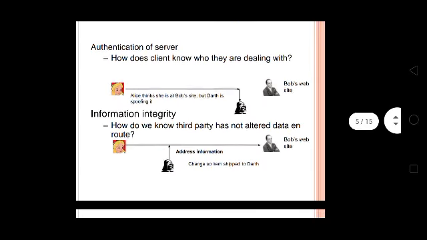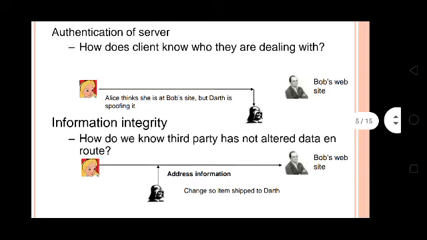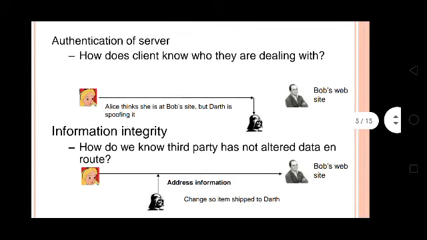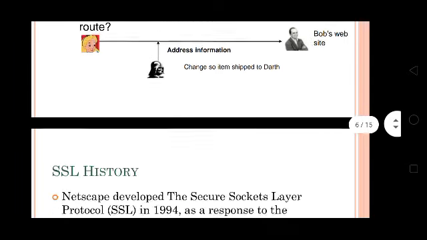The next is, here the scenario is shown. Here Alice is visiting Bob's website, and she is confused whether Bob's website is secure or not. There is one person shown who is a hacker who is monitoring the requests sent to Bob's website. To overcome this problem, SSL is used.